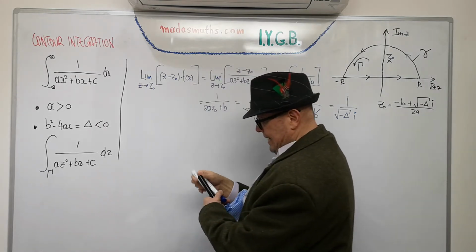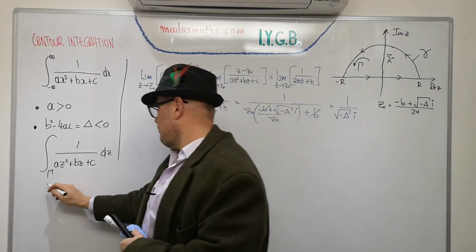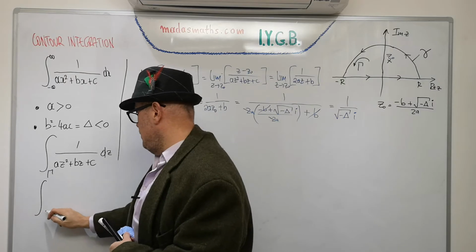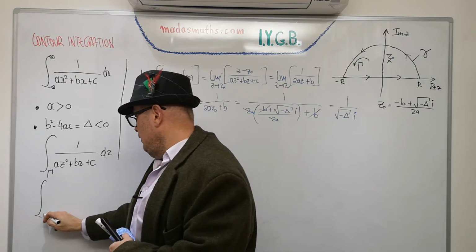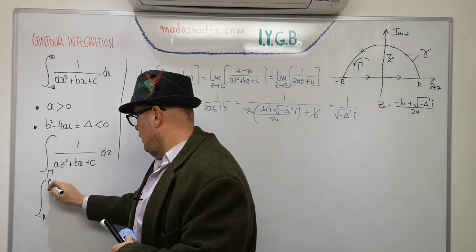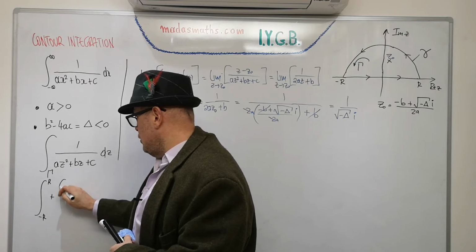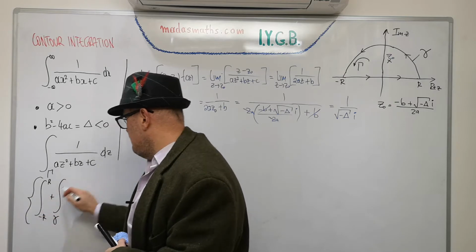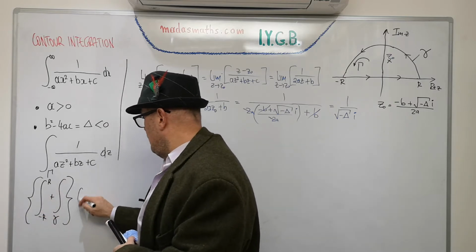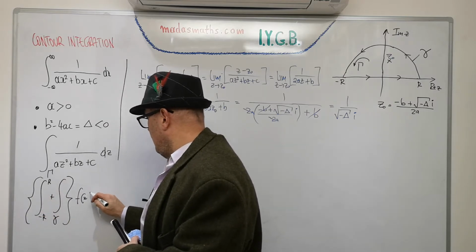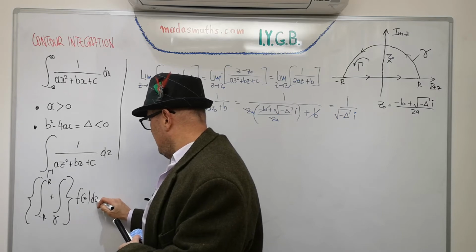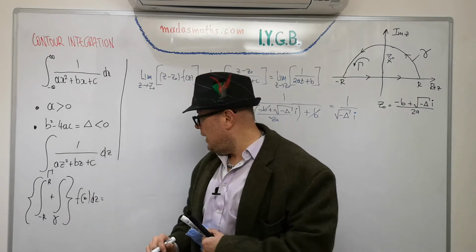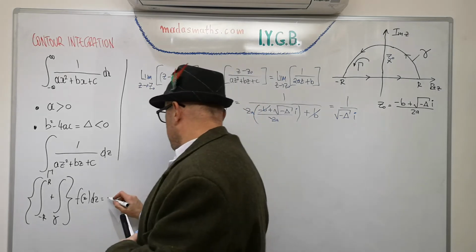So let's write it here, and I'm going to write the residue there as well. So I'm going to say the integral from minus R to R plus the integral around little gamma of my f of z dz is of course equal to 2 pi i